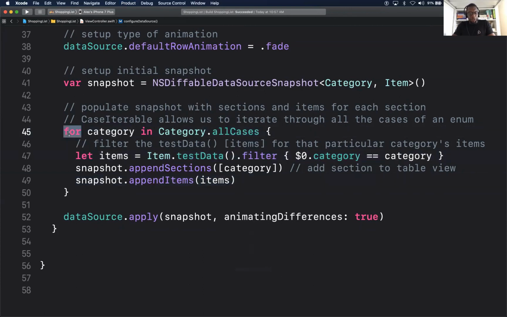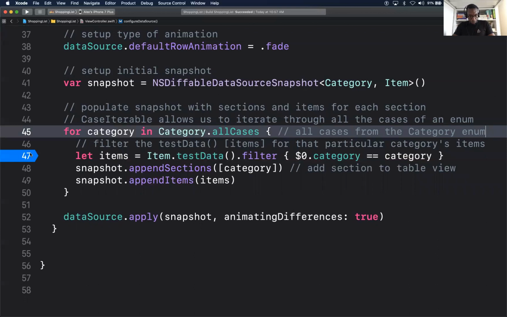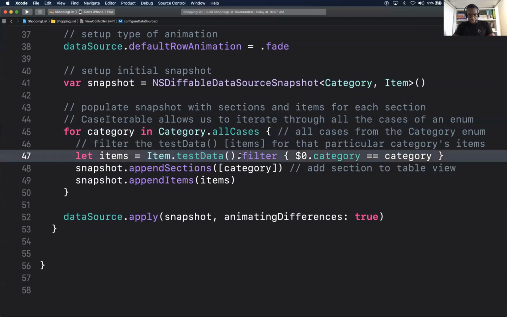So we use a for loop. We went through all the sections we have from our enum, all cases from the enum. Then we said, go ahead and get all our test data, filter it by the category property where that equals the category we are looking at.